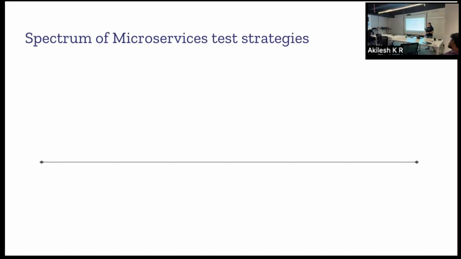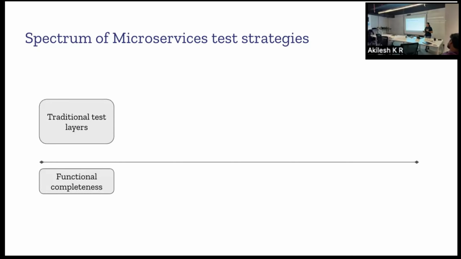And how are we dealing with these in the current state, right? So we have a spectrum of test strategies that we now adopt, starting from the traditional test layers, right? When I say traditional test layers, it includes all sorts of unit and integration tests, contract tests, or end-to-end tests, automated, everything else, right? These tests are highly reliable. You can run them on the CI/CD pipeline, and it will give you the right feedback on whether the business logic is satisfied or not.